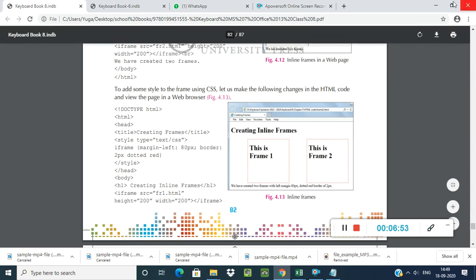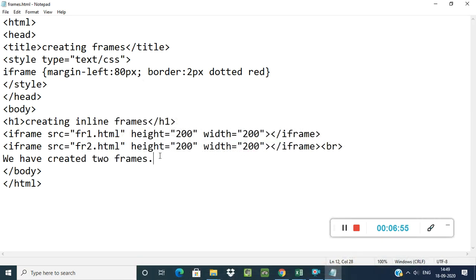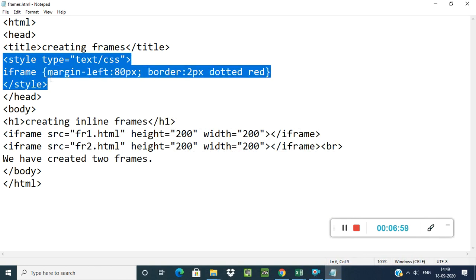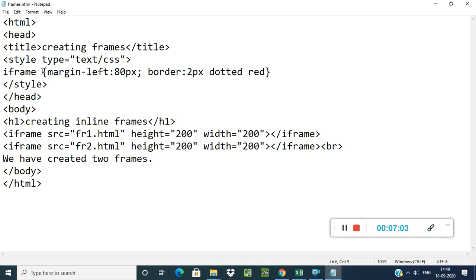When you run this file, see, this is my file. I will put the style tag here. In the style tag I mention the format: the background color of the frame, the size of your frame, the margin of your frame, the border of your frame, like this.